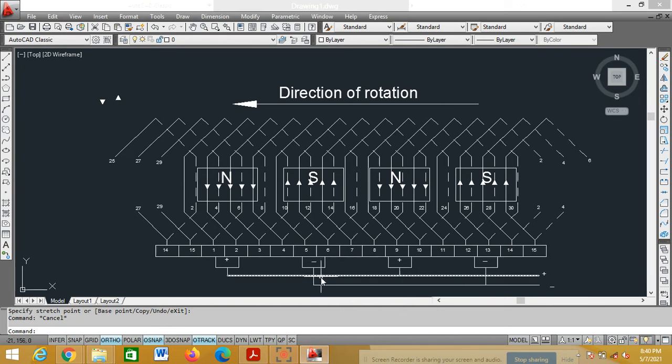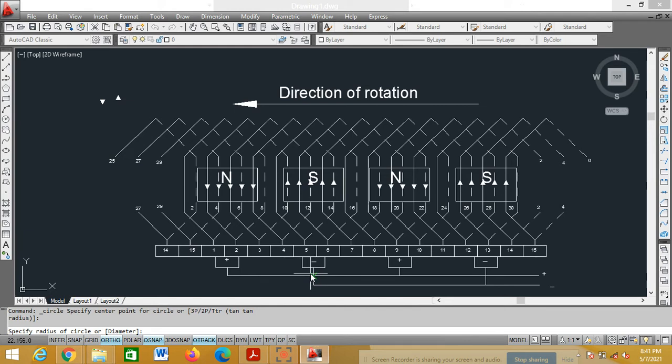If you want, you can do an arc here and remove these portions. For that, you can go for a circle. Specify the center of the circle. You can give like this.